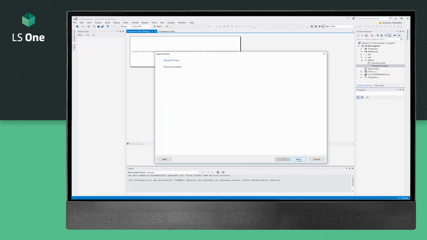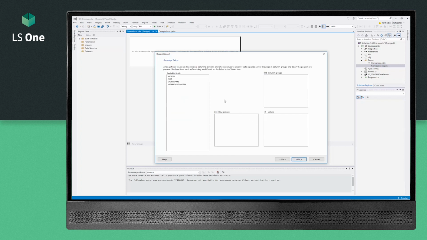So we press next, and here we get the arrange fields window. We want the row group to be the month, and we want the year and the store name to be our column groups. The values we want to be displayed in the matrix are the net amounts, so we add them to values. We can now continue,